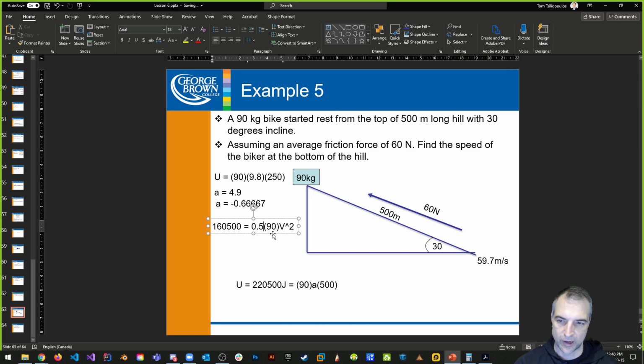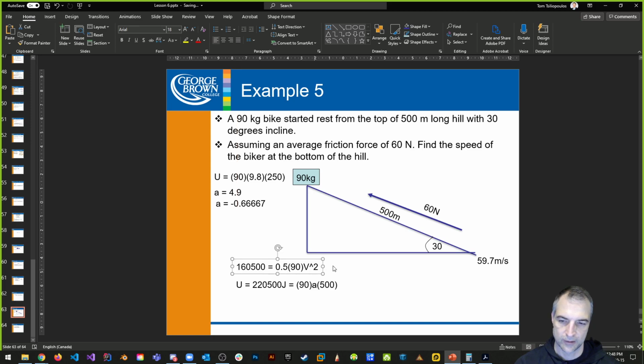I figured out, when I talked it out of my head, that my potential energy, I had to do a couple of steps here. I had to figure out the height of the hill, which is just using trigonometry, SOHCAHTOA. Once I got the height of the hill, I was able to calculate, because we know the potential energy is the energy of position. We know that it is mass times gravity times height, which in this case would be